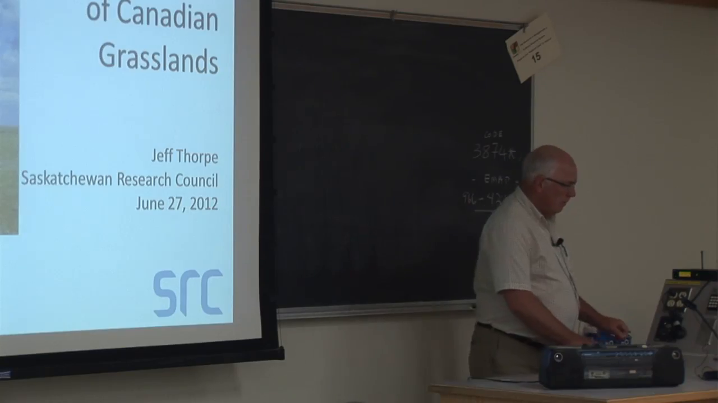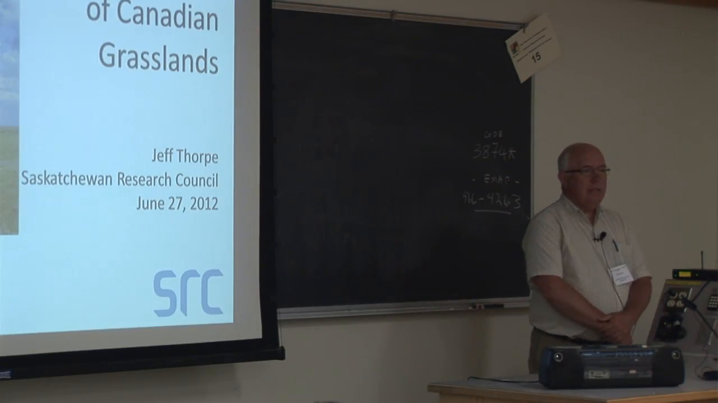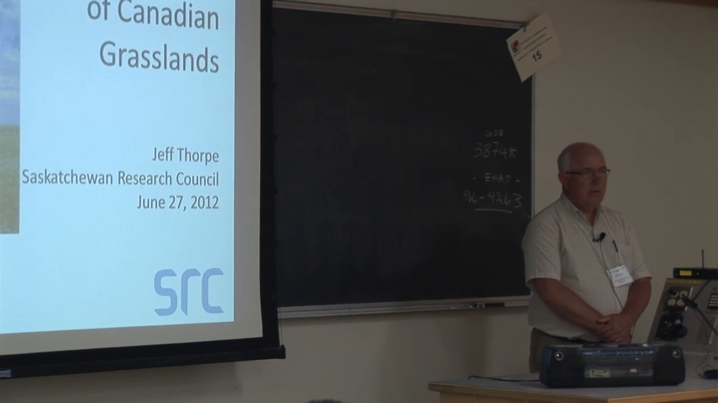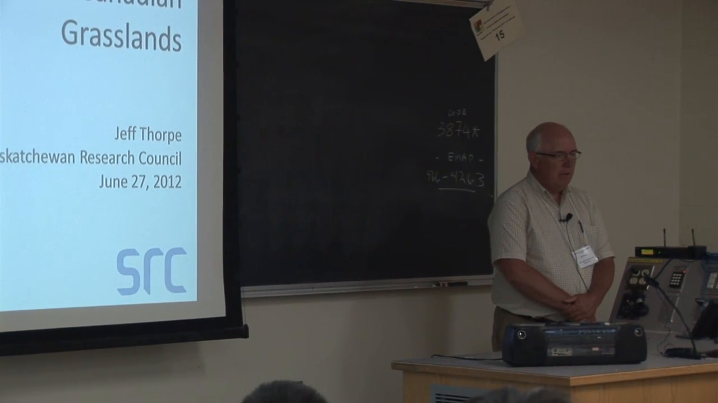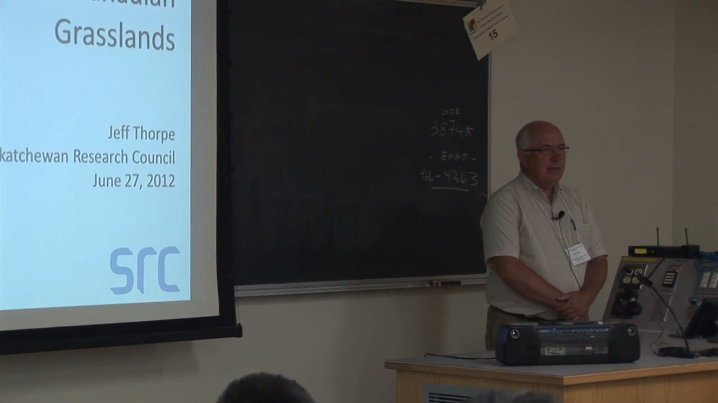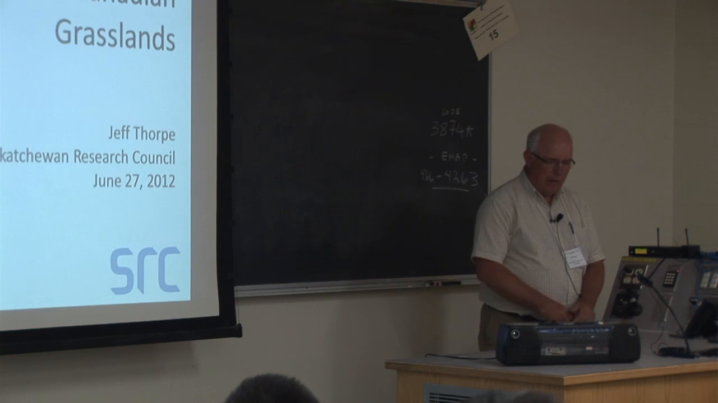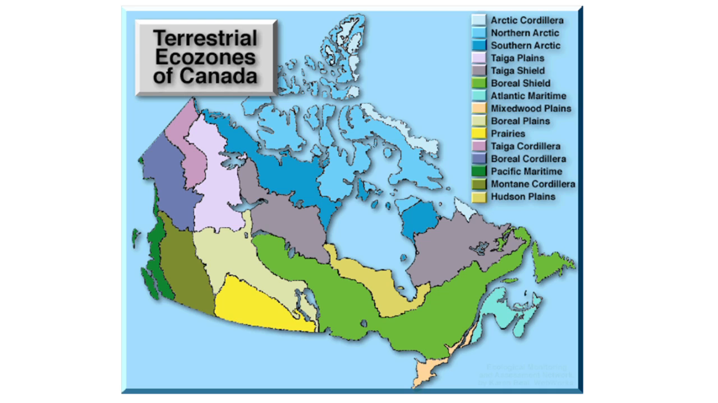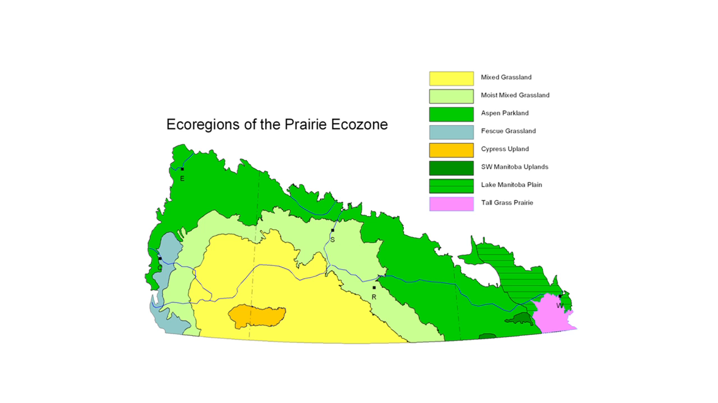Okay, so I guess my role as the lead speaker is to set the stage, and personally I like to set the stage geographically. So let's look at what we're talking about here. We're going to be focused on the prairie ecozone of Canada, which is the yellow zone there, and according to our National Ecological Land Classification, the prairie ecozone is divided into a number of